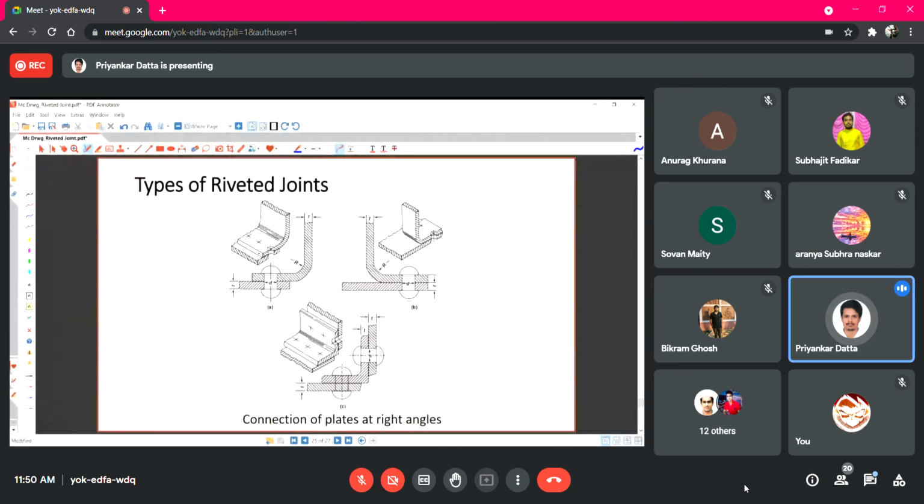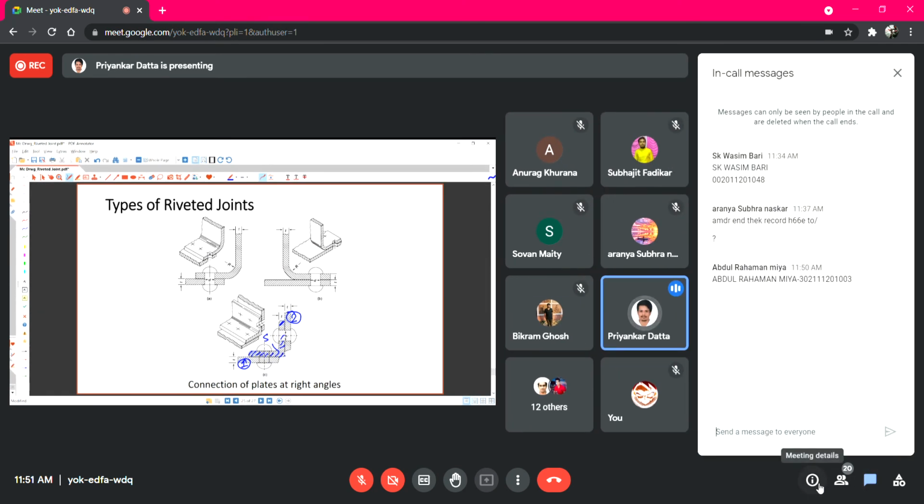So both original plates are joined with each other, but we can also use a butt joint. Additionally, one angle is used. This part is one angle section which is used to join two perpendicularly oriented plates. So this one is primary plate 1 and primary plate 2, and this one is the strap angle. That strap angle is at 90 degrees. It can be at a different angle also to join two plates at other angles. So these are some special applications or special cases where riveted joints are used.